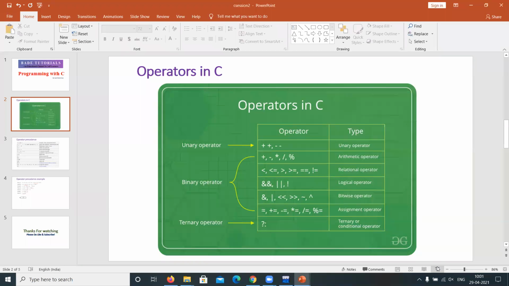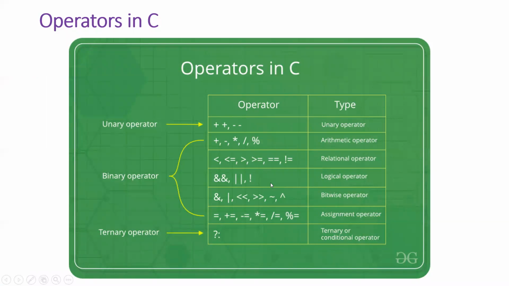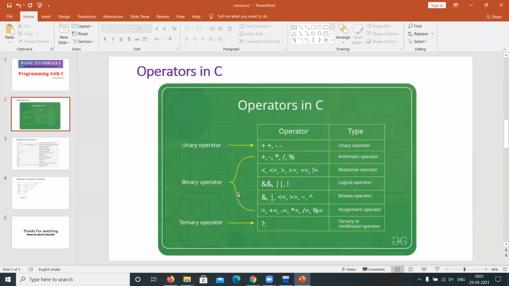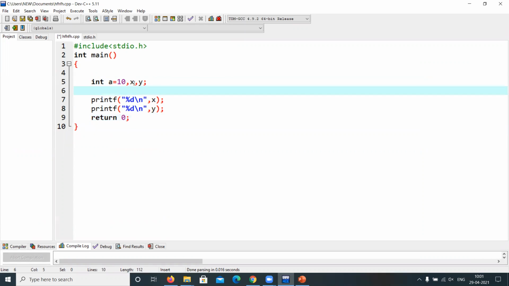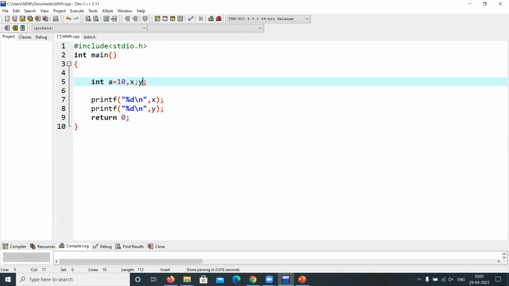And see here, the arithmetic operators are applied on numbers, right? Addition, subtraction, multiplication, division. This percentage symbol represents the modulo operation to get the remainder when two numbers are divided. You see here, let me take two numbers, a equal to 10 and b equal to 5.